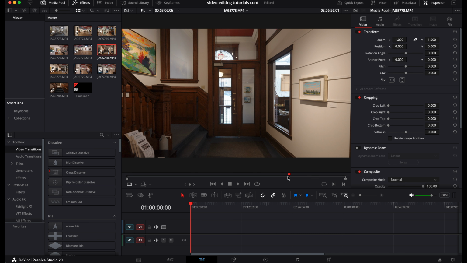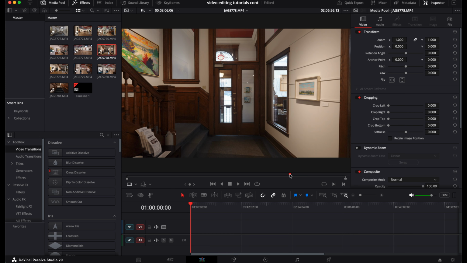So once you found your spot, what you have to do is set what's called an in point and then an out point. And that tells DaVinci that you want to grab the shot between this area and that area. So if this is where I want to start, I'm going to click I for in,